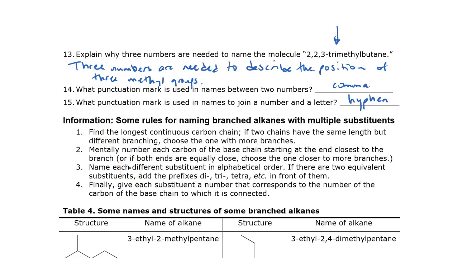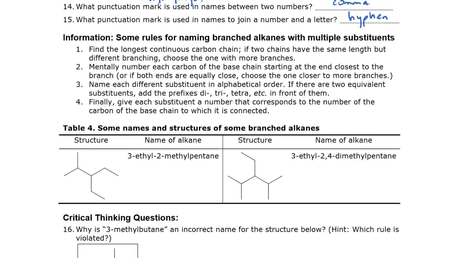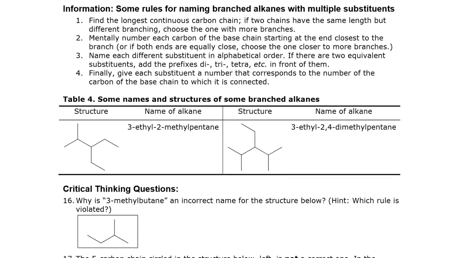This is going to sum up the rules that we've sort of just developed. So this sums up the rules for how you name branched alkanes that have multiple substituents. I'm not going to read those out loud to you. You can pause the video and read them to yourself. Then you can look at 2 examples of some other branches, and these have not just methyl groups, but as you see, they have different kinds of substituents. Okay? Pause the video, read this, read question 16, answer question 16, and when you have that answered, restart the video. Pause now.